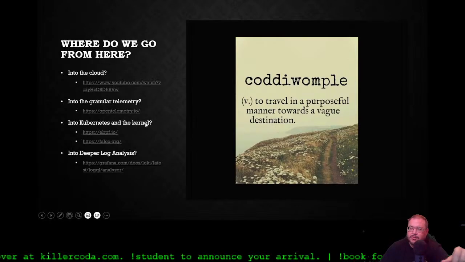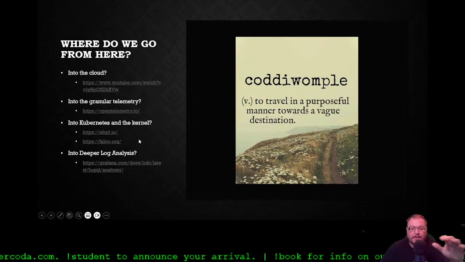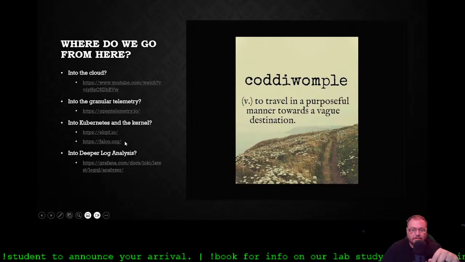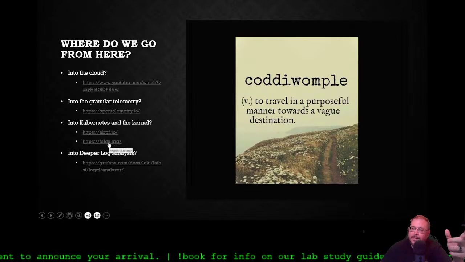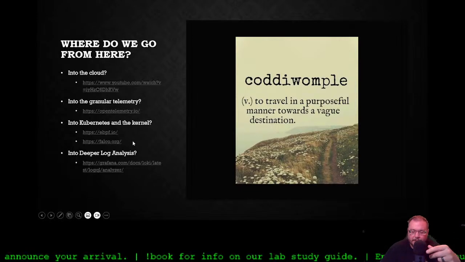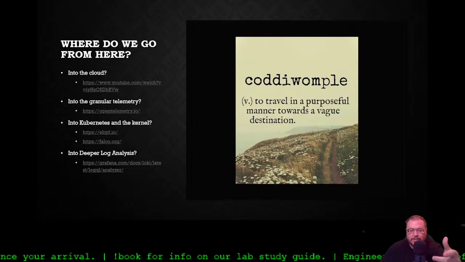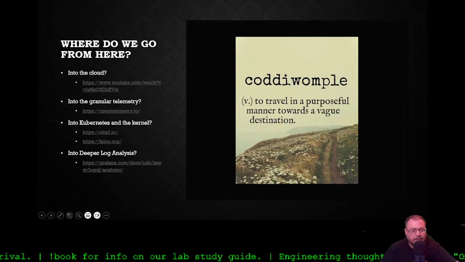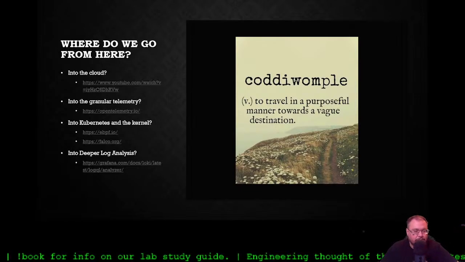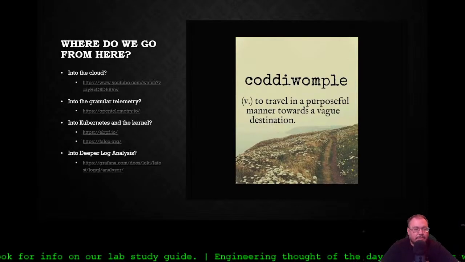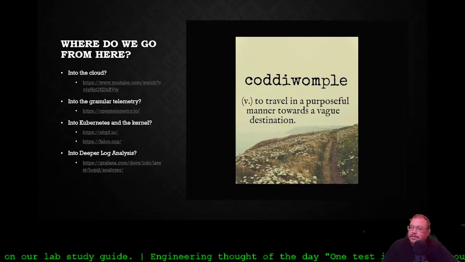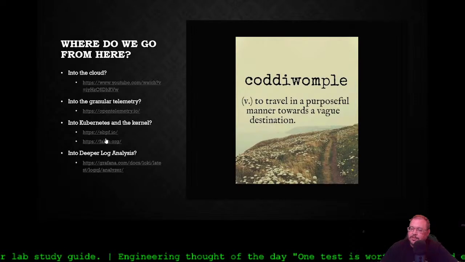And then do you want to go into Kubernetes in the kernel more? Do you want to look at ebpf.io? Do you want to go into like falco.org? And Falco is a tool that you can use to read how Kubernetes is making syscalls down into the system. The guy who wrote Falco is the same guy who wrote, well, it was Ethereal originally, but now it's Wireshark. Yeah, it's Wireshark now, but it used to be Ethereal, right? And that guy is the same guy who wrote Falco, same organization.